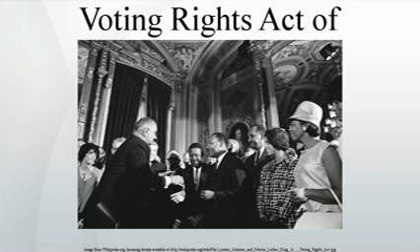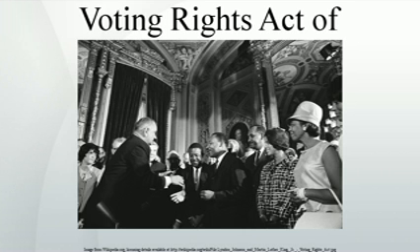The bill contained several special provisions that targeted certain state and local governments: a coverage formula that determined which jurisdictions were subject to the Act's other special provisions, called covered jurisdictions; a pre-clearance requirement that prohibited covered jurisdictions from implementing changes to their voting procedures without first receiving approval from the U.S. Attorney General or the U.S. District Court for D.C. that the changes were not discriminatory;